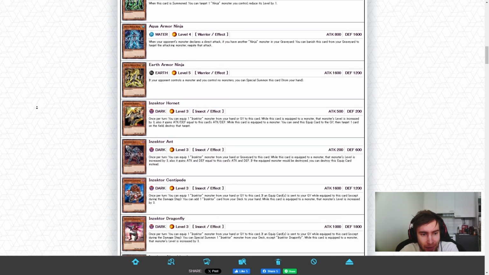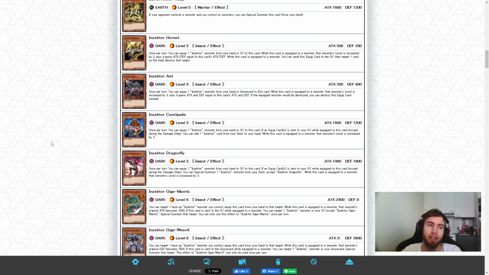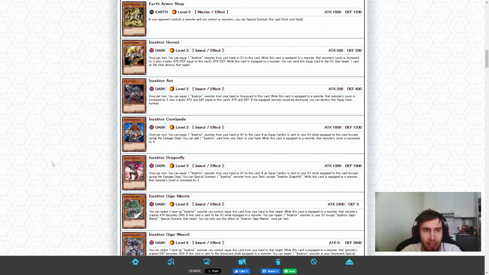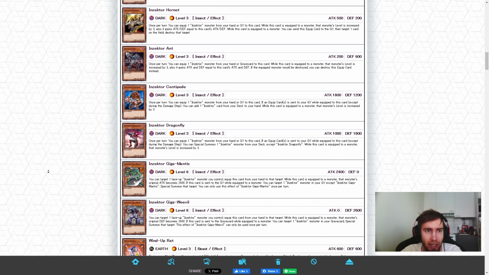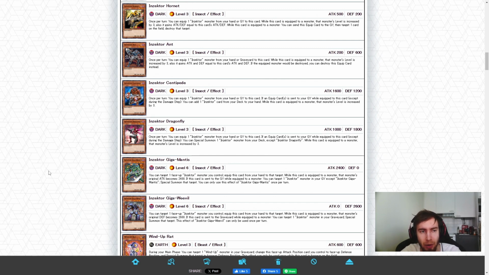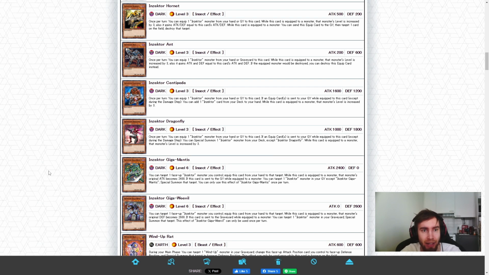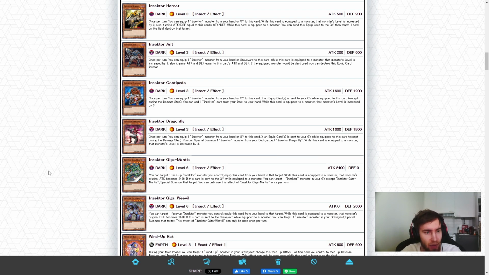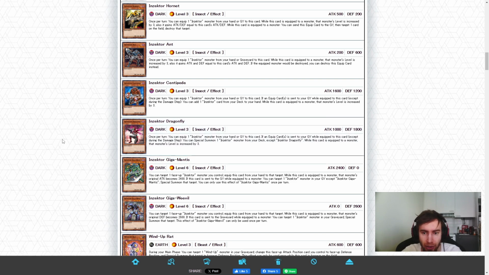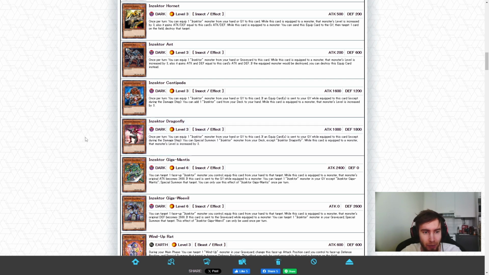And then we get to one of the two core archetypes in the set, that being Inzektors. And Inzektors basically have a combination of level modulation with their equips, and they revolve around equipping each other and other Inzektor cards to other cards. Dragonfly special summons Inzektors from your deck when an equip card is sent to your graveyard while equipped to Dragonfly,